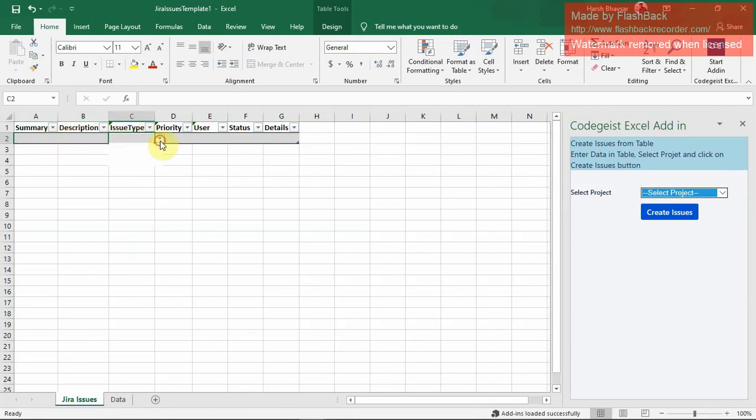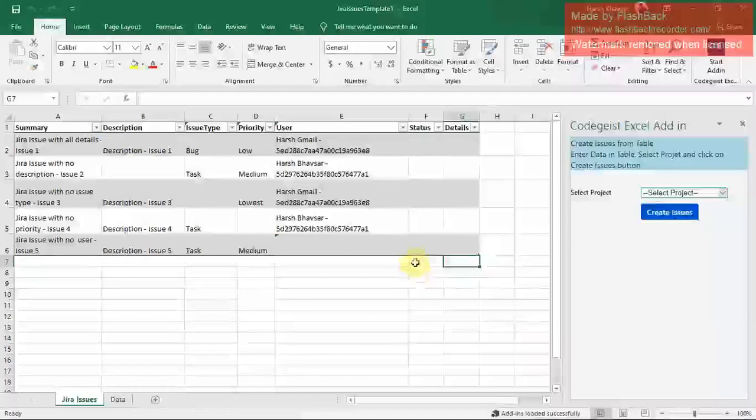For issue, it will be a drop down of bug, task or story. For priority, you can choose from these four values. Now for user, you can enter any of the users that you want as assignee. You don't need to enter any detail for status and details, as this will be filled after you run the add-in.